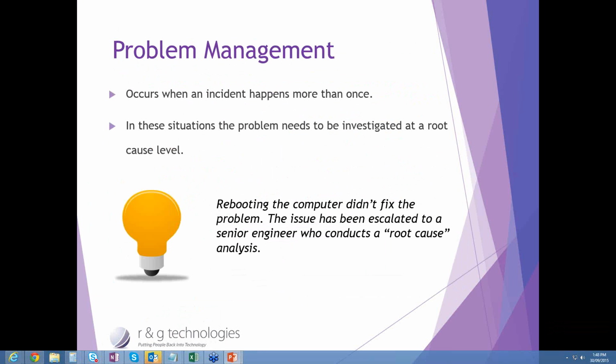Problem management is a separate process that occurs when the same incident happens more than once. What that basically means is, if someone calls you and says, my computer's broken, and your IT provider, or yourself, advises them to reboot the computer, the problem goes away, but then in 3 days' time the incident comes back again. It's now classified as a problem,